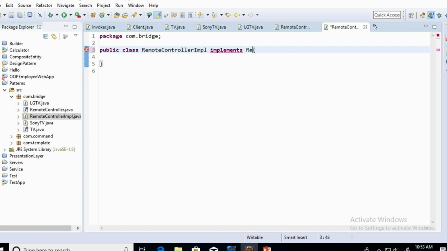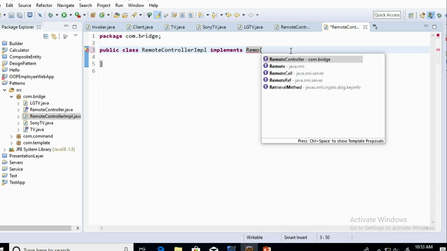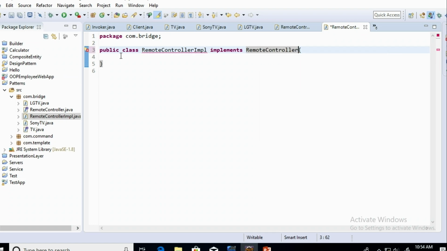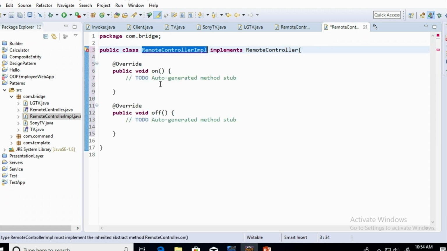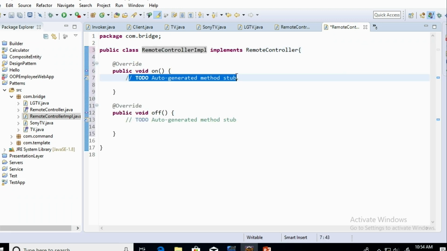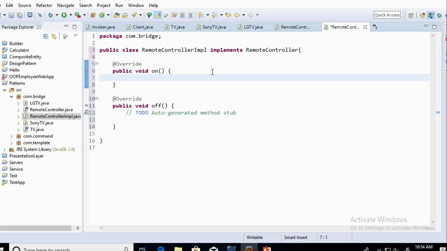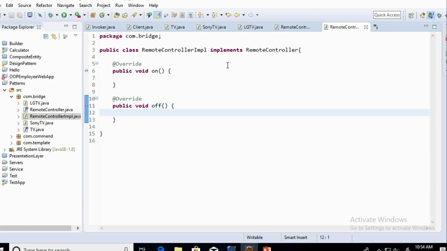Therefore, in this place, we have to call the TV method.